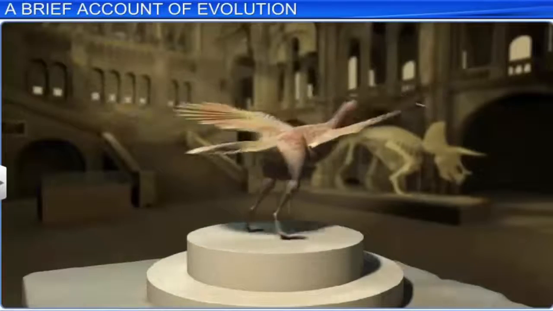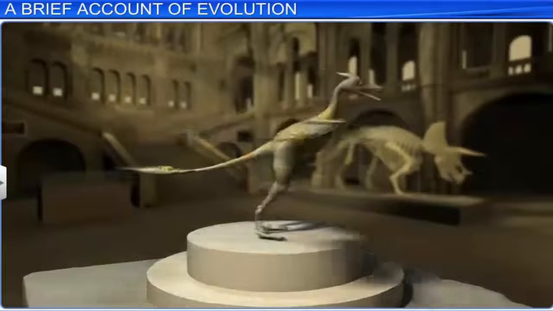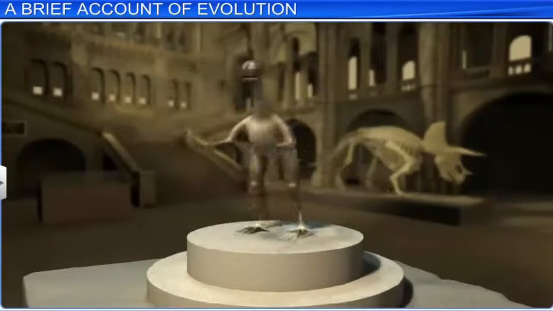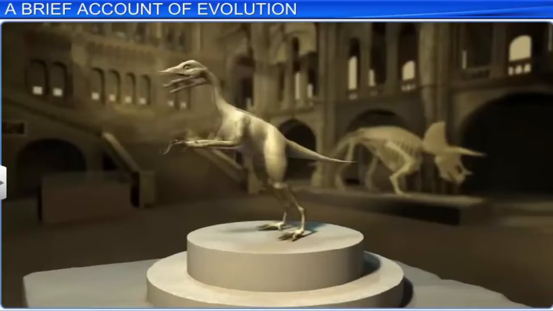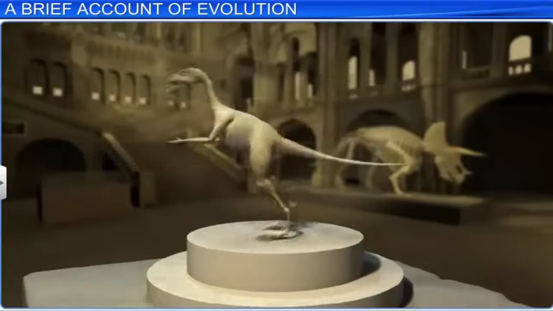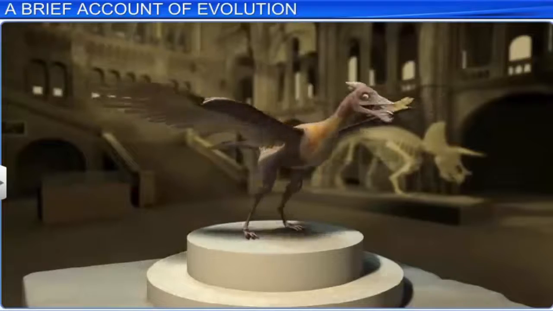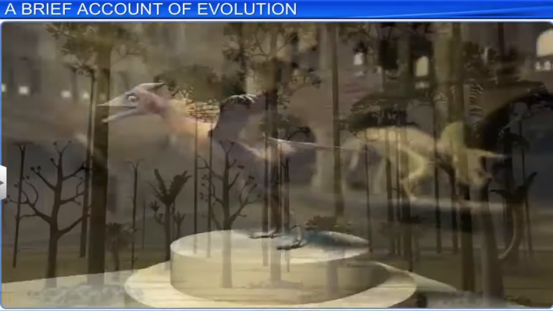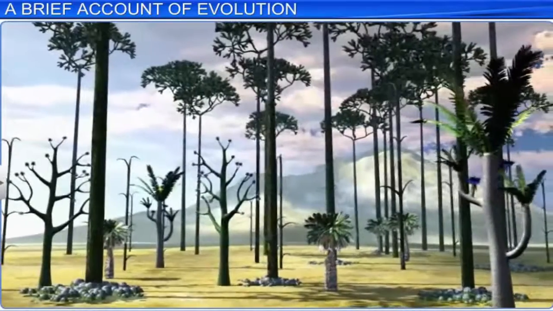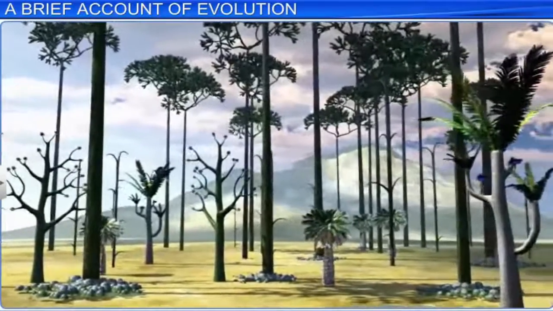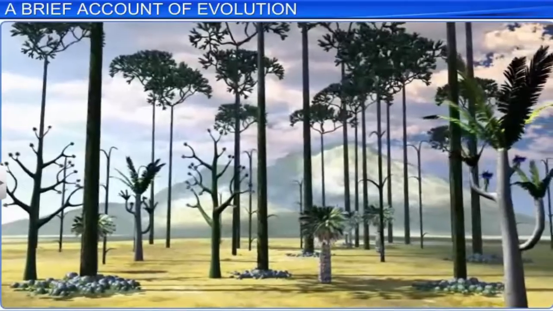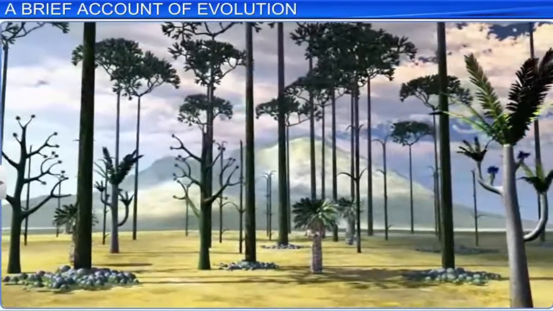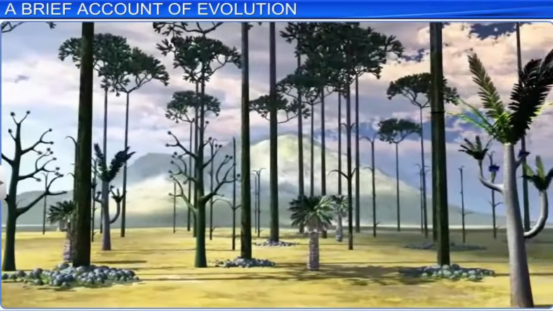It is estimated that birds have descended from reptilian ancestors such as Ornithischian dinosaurs during the Jurassic period of the Mesozoic era. In fact, birds became modernized in the Cretaceous period of the Mesozoic era. The flora in the Mesozoic era was dominated by flowering plants and non-flowering plants such as ferns, pines, conifers, and cycads.